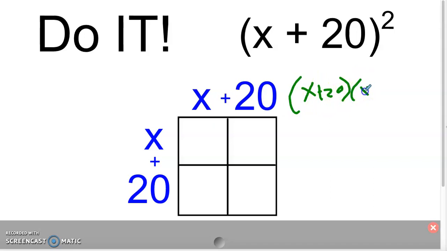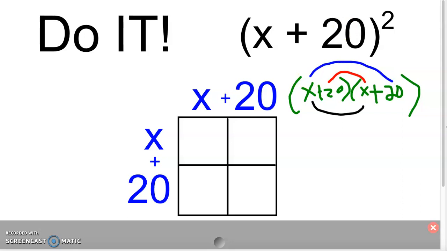I really wish I could write better, I apologize. x plus 20. So there are 4 total multiplications that are going to have to happen there. You're going to have this multiplication here, this one here, this one here, and this one here. So x times x is x squared. x times 20 is 20x. 20 times x is 20x. And then 20 times 20 is